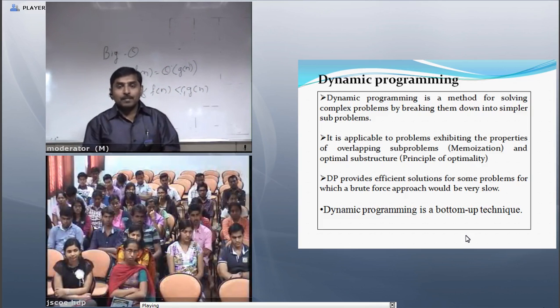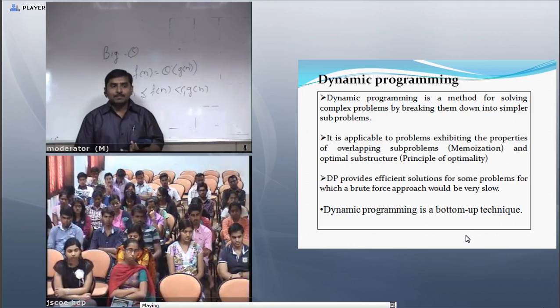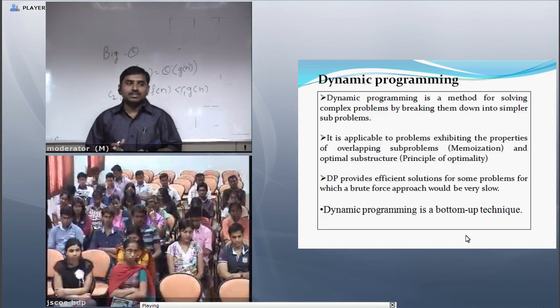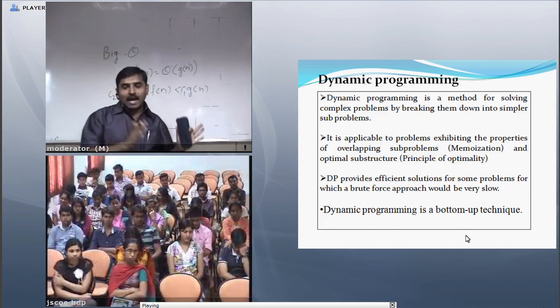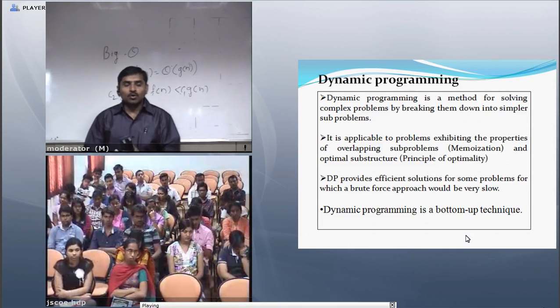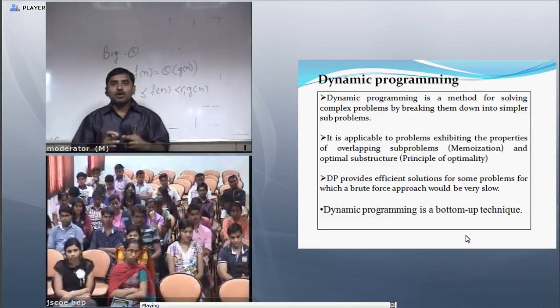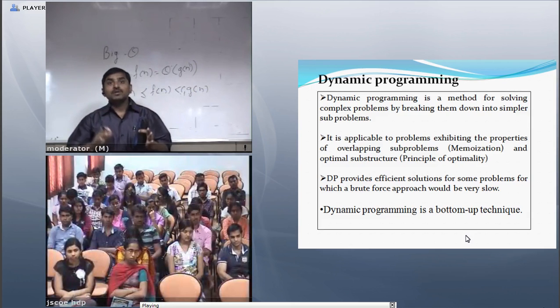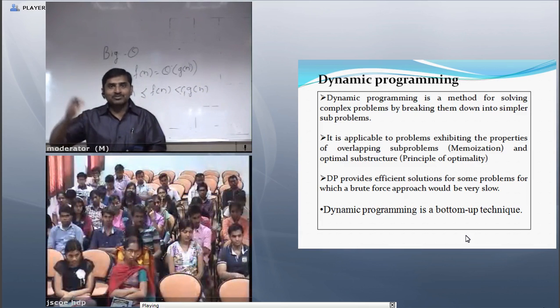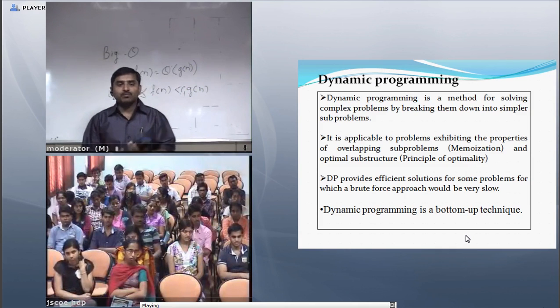But then what is the difference between divide and conquer and dynamic programming? Sometimes the examiner asks questions on the difference between dynamic programming and divide and conquer methods. So it is a similar point: the big problem is divided into a number of sub-problems, we solve the sub-problems independently and combine the results of the sub-problems to produce the final output. This is a similar point. Then what is the difference?